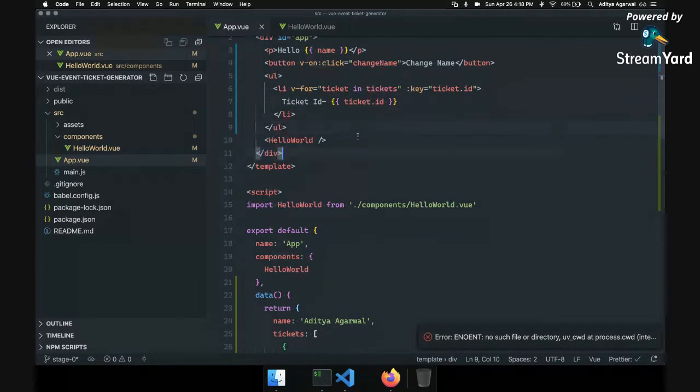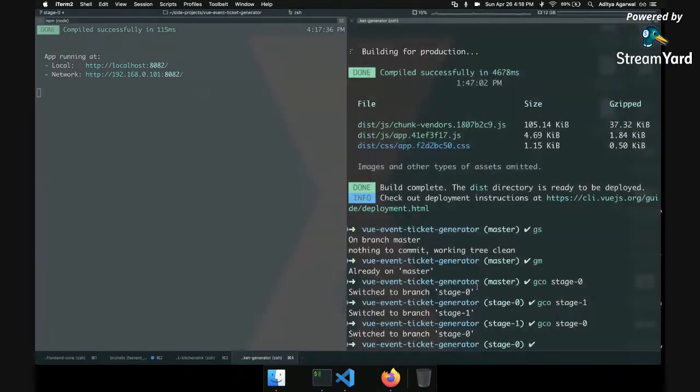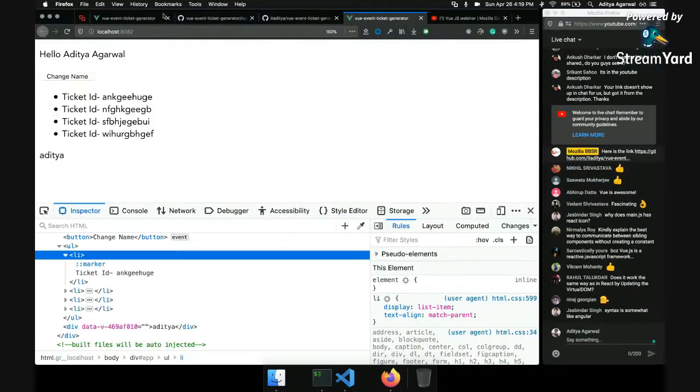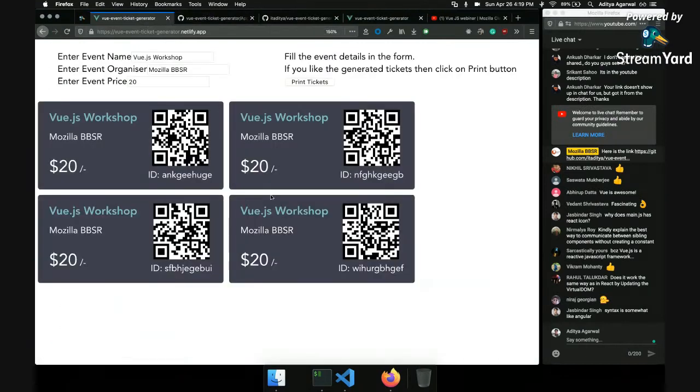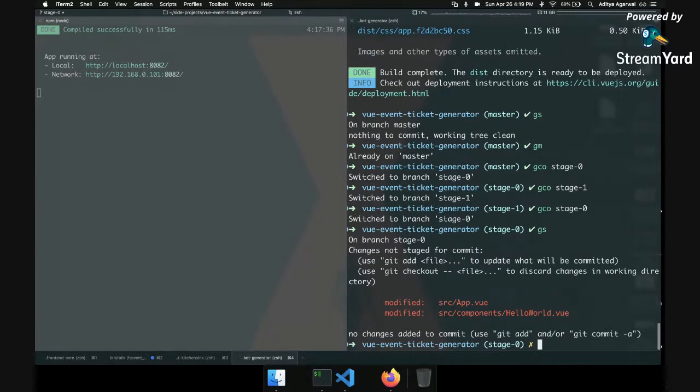Let's look at component now. So instead of hello world, what I'll do is I have already made the HTML and CSS part of what we'll build, because there are a lot of concepts we have to cover. So I thought, let's not waste time on the markup and the CSS. Let's just cover the core Vue.js concepts. So I'll just go to that branch.